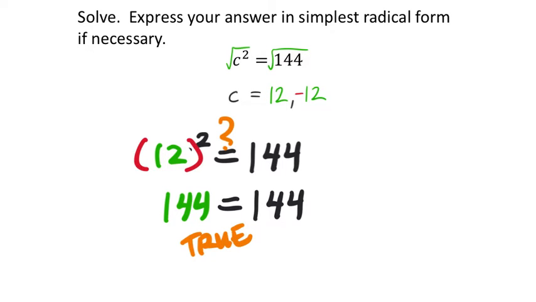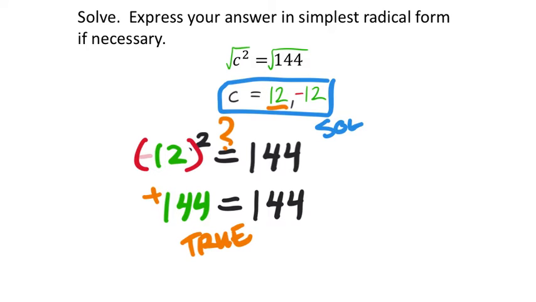Okay, so that shows that at least the 12 will make the original equation a true statement. Let's try and make this negative 12. So again, that's a negative 12 times negative 12. Still makes a positive 144, which is still true. So that tells us that both of these are solutions